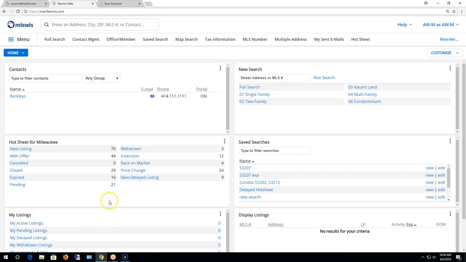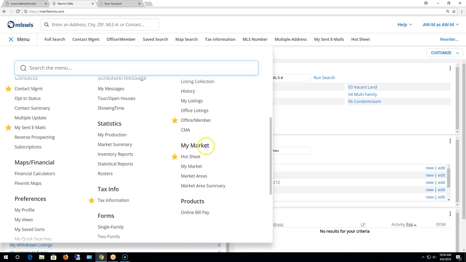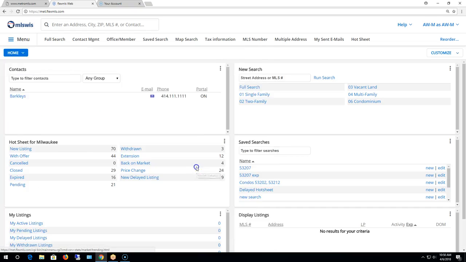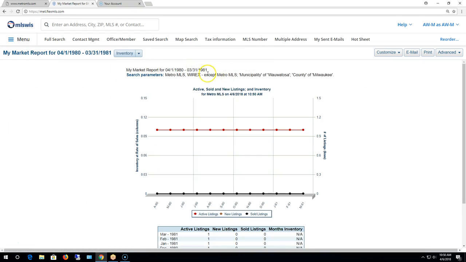To access the My Market reports, we'll click on Menu, and then once your menu opens up, in the My Market section, click on My Market. When you click on this report, it'll start loading up. Basically what it's loading is the last report that you ran, or the entire MLS if you haven't been in here before. So to run this report,